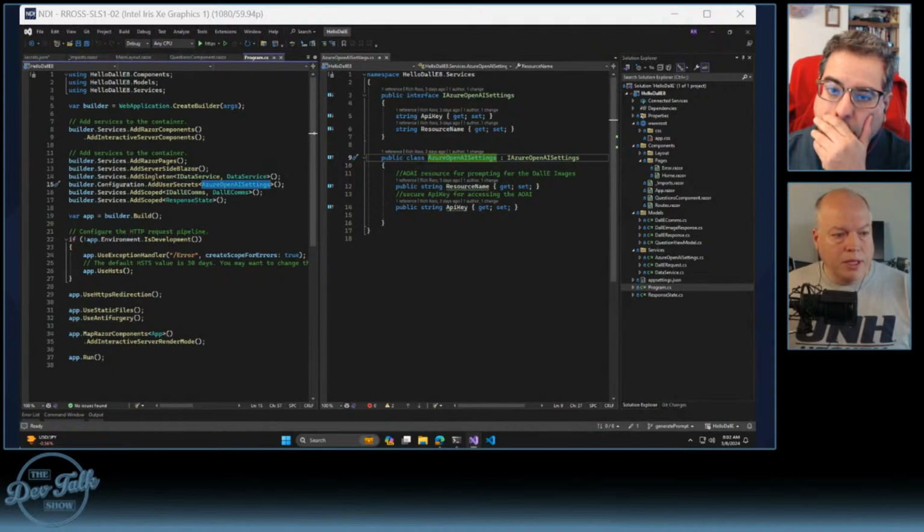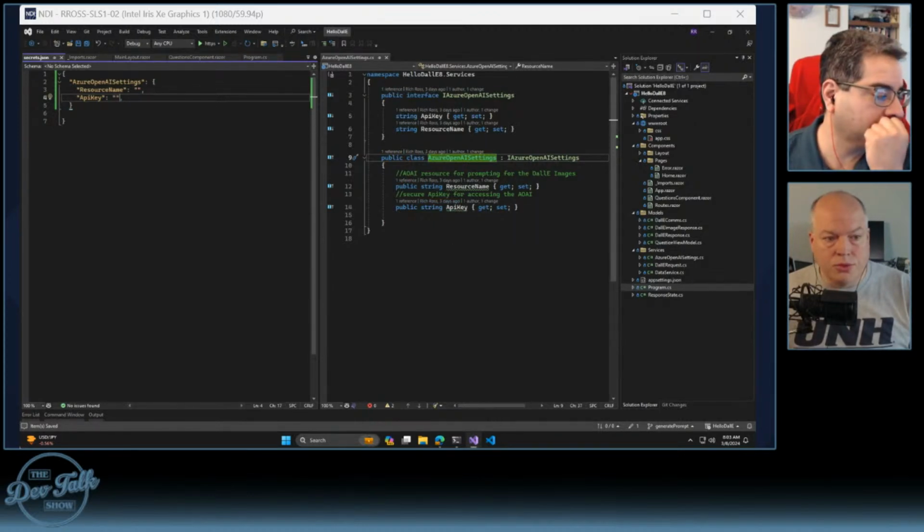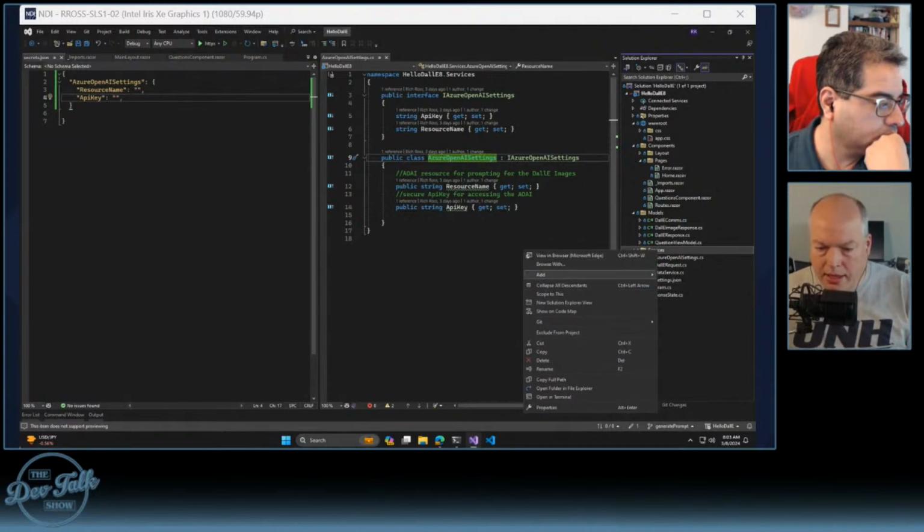There are probably going to be a couple more that we have to add to our secrets.json, because I think Semantic Kernel asks for a couple of other things, and that's kind of where we start putting these pieces together. I want to get things wired up when it comes to the Semantic Kernel part, so that we can then come back and have all those values in there. So that's kind of where my head is around doing that. So let's add a